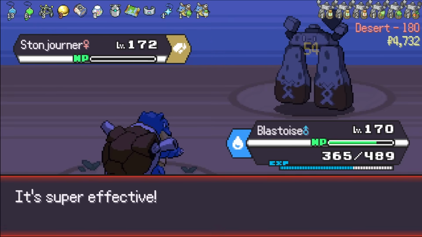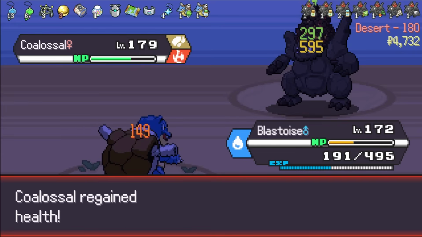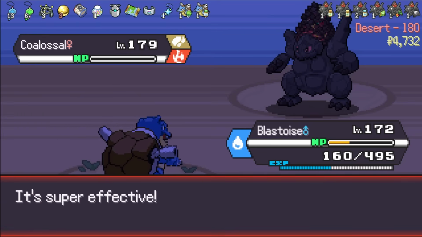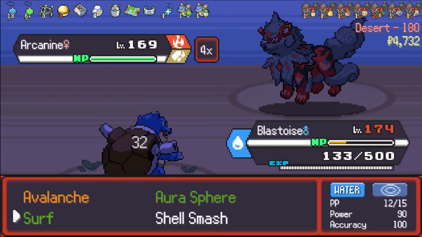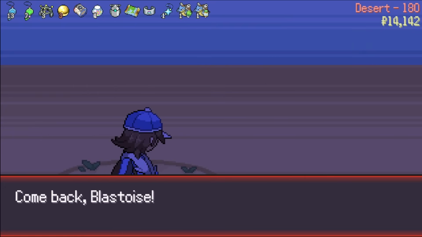Alright, so Journeyer is basically just fodder at this point. Same thing for Colossal. Oh, Revive Seed. I don't like that, but we should be able to just kill anyways. Yeah, now we're getting a Torrent boost regardless, so... Same thing here? Yeah, alright. Easy. I mean, not really. That was kind of stressful, actually, but...